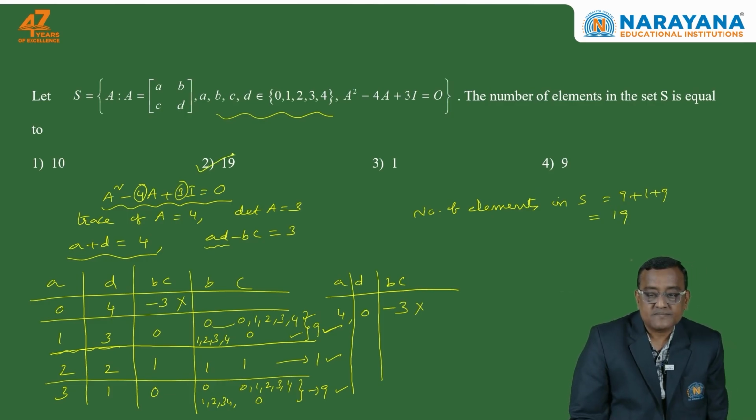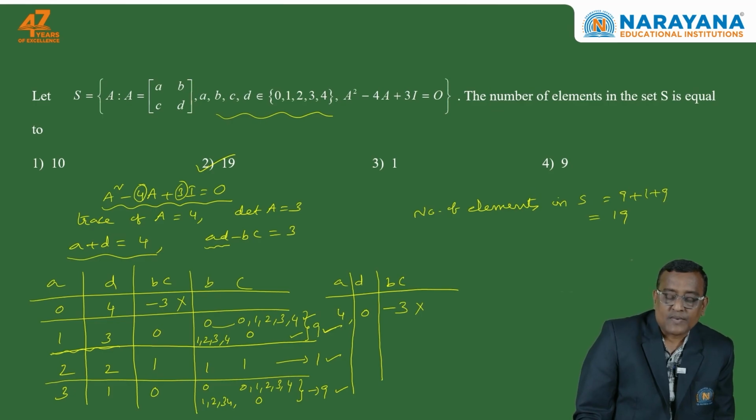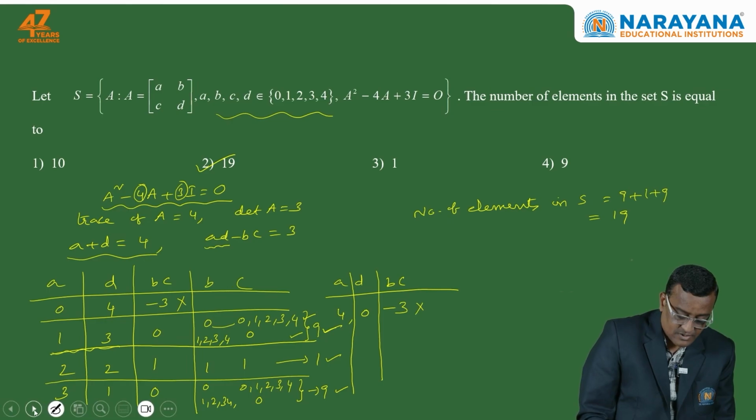Second option. So for this you must know, if A squared minus KA plus MI equals 0, K is the trace of the matrix A and M is the determinant of A. So from that you get the relation between a, b, c, d and select a, b, c, d satisfying that relation from the set 0, 1, 2, 3, 4. So coming to the next question,